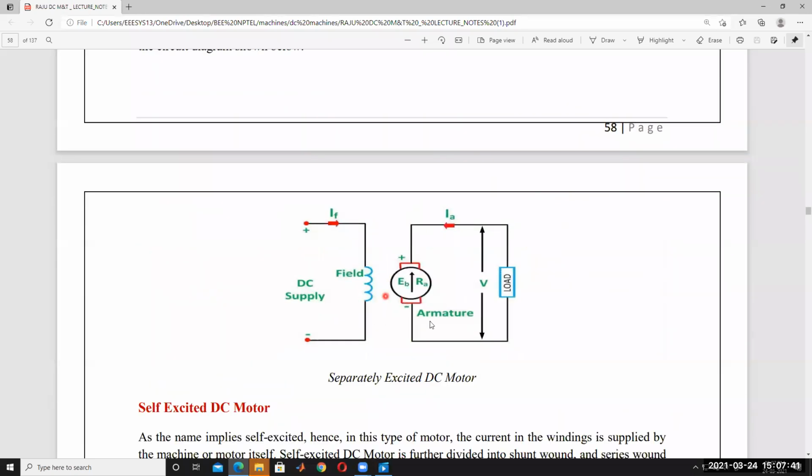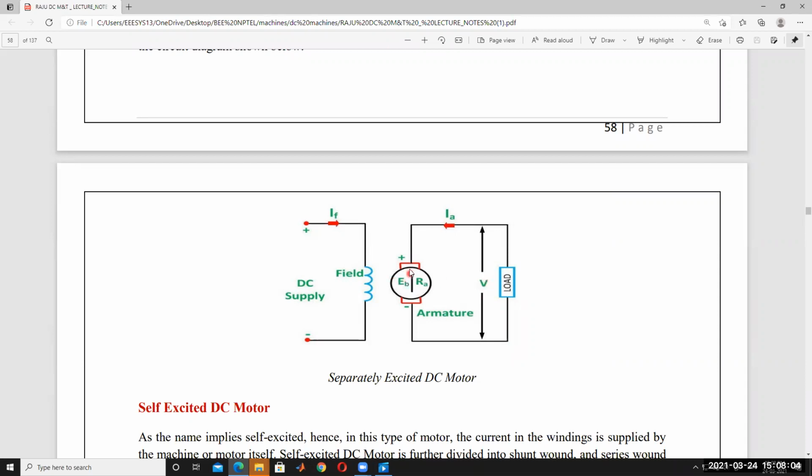So this is, for example, the separately excited motor. The field winding is excited separately, that's why it is called a separately excited motor. This voltage V, the drop plus this back EMF, is called the terminal voltage. This terminal voltage, the supply voltage, is nothing but the back EMF plus the voltage drop across the armature winding, called the supply V.